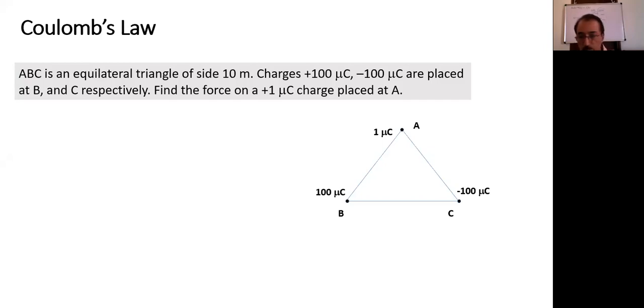Disha, can you calculate? So basically, the first thing that should come to our mind is that it will experience two forces, one due to B, another due to C. And if we are a little careful, there's one more thing we'll notice. What else will we notice? The angle between the two forces is 120 degrees. The magnitudes of the two forces are equal, because the products of charges are equal and the distances are equal. So whatever magnitude of force B exerts on A, C also will exert the same force. That sometimes makes the calculation a little simpler.